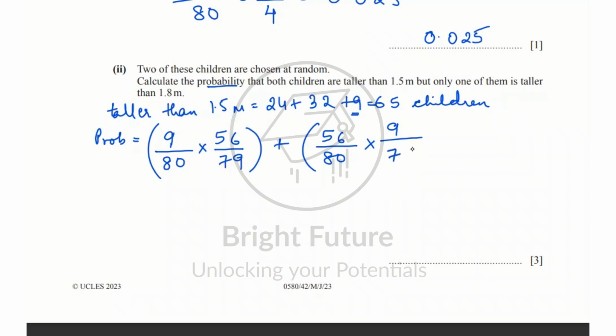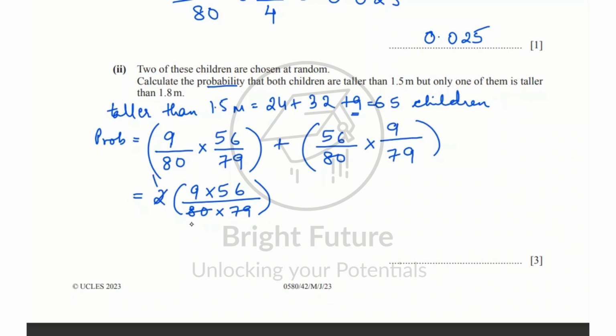So here the total number of students will become 79. So it means it is 2 times 9 into 56 upon 80 into 79, which gives us